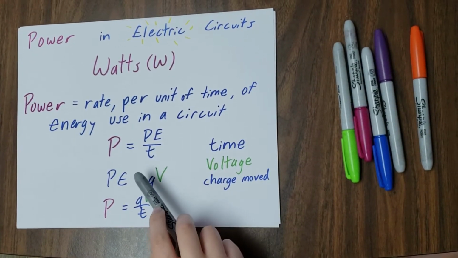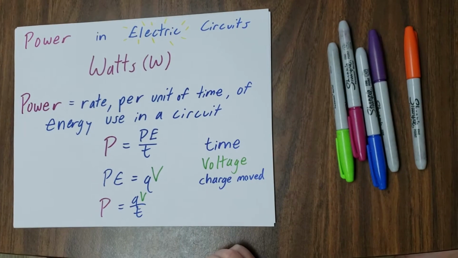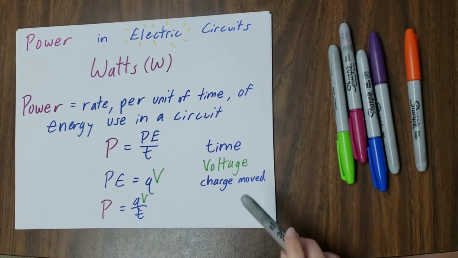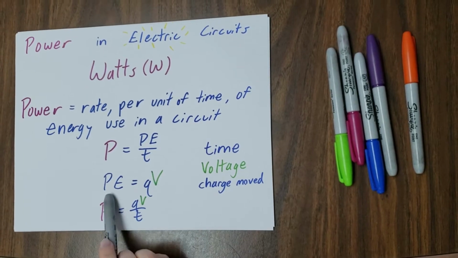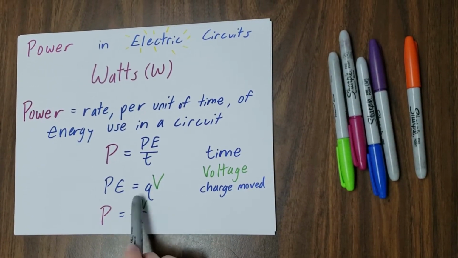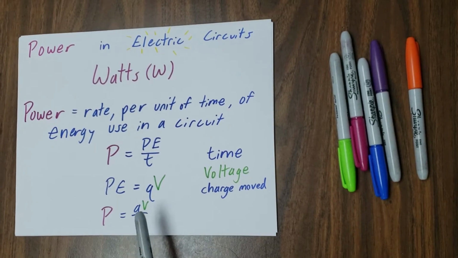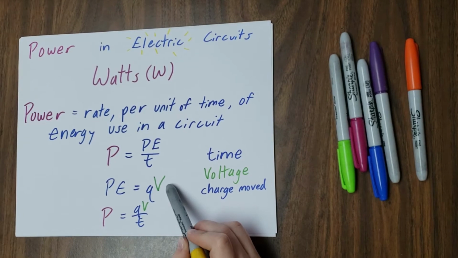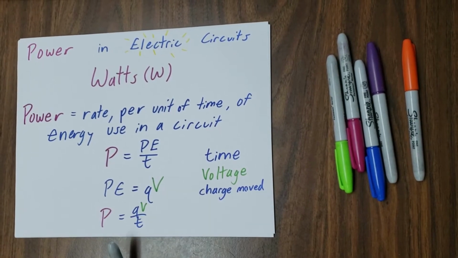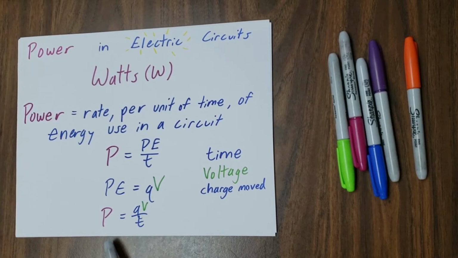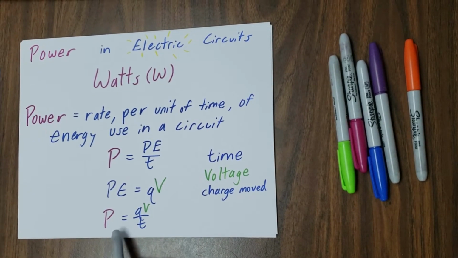In the case of electric power, the electric potential energy depends on both the voltage involved and the charge moved. The simplest way to express this is the potential energy equaling the charge moved times the voltage, PE equals QV, where in this case the voltage means the potential difference that the charge moves through. Electric power is the rate at which this electrical potential energy is moved, and so electric power is equal to